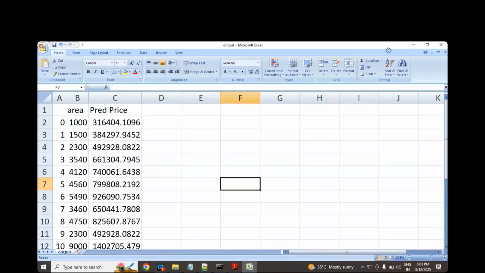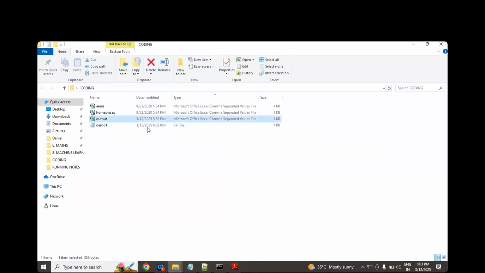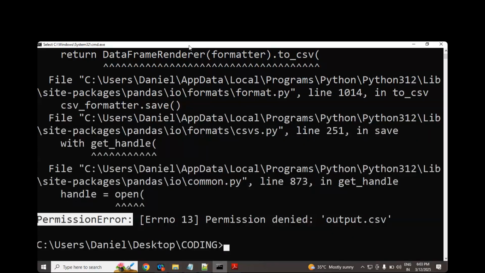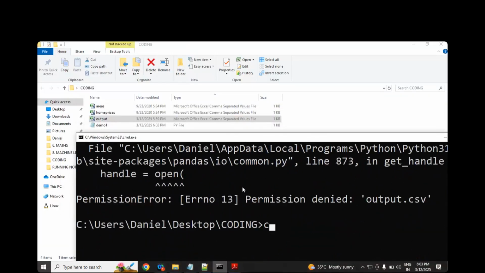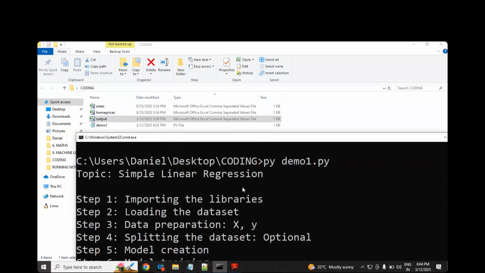Just do one thing. You can close this and rerun the program. Now you can check the timestamp. This file was created at 5:59. Now what is the time? It will override the file. The moment I run the code, it will override the file, so the timestamp is supposed to change. Did you notice? Small minute things, but you need to understand. Hope you understand. What is the error name? Permission error.